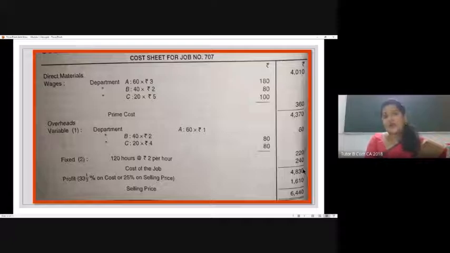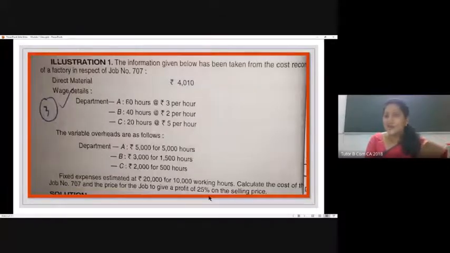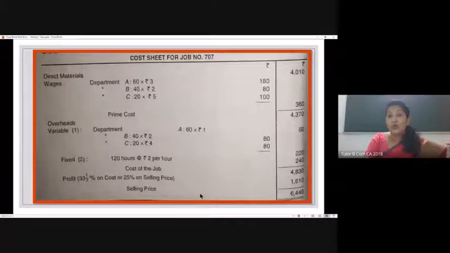But in this particular question, what we have to take care of is that the profit percentage is given as a percentage of selling price. If it was on cost, it was very simple for us. But here it is given as a percentage of selling price. So we need to find out what would be the percentage on cost, because we do not know what the selling price is. We already know what the cost is. Right. So we will have to go with computation of percentage. What is it when we consider it from the angle of cost?